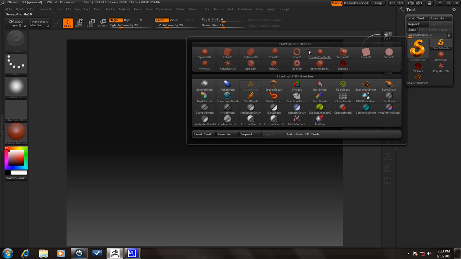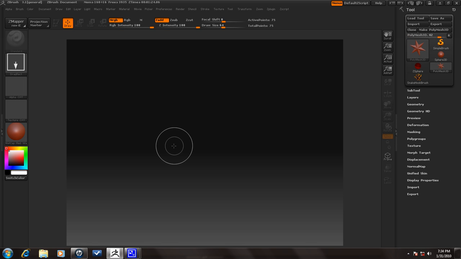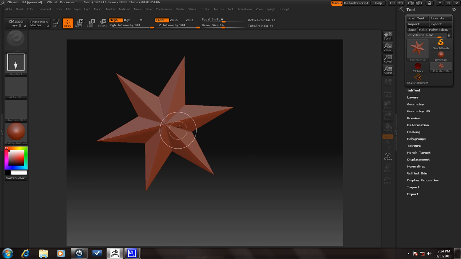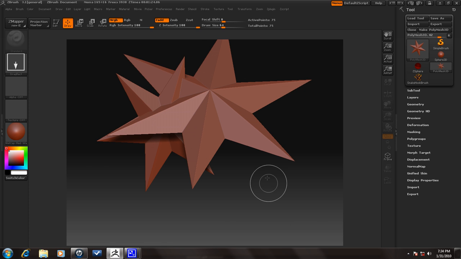So select tool, and these are our primitives, our startup meshes. Let's go ahead and select this star here, and nothing happened even though we selected it. What we have to do is left click and drag it in. Now you might think, oh, I want to rotate it around, but you can't yet because it's still 2.5D information. So we just keep